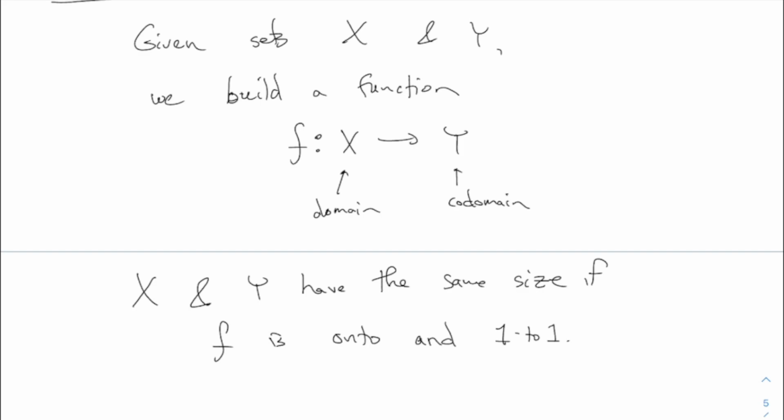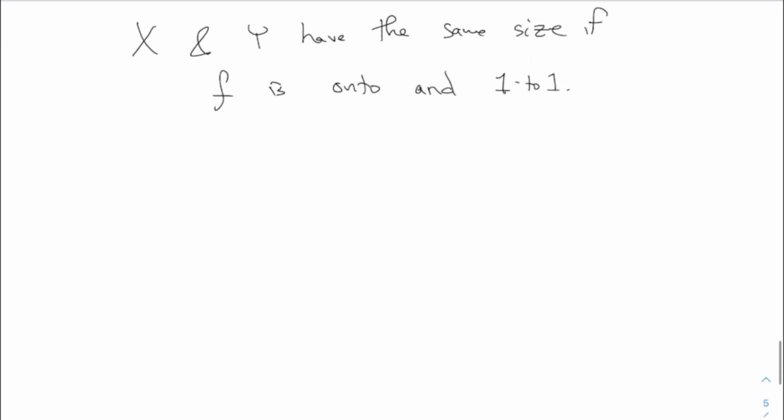All right. And this was Cantor's big idea, which no one had thought of before Cantor. Before Cantor, everybody sure would have agreed with you that this is true. But the big idea is that you can do this even if the sets you started with are infinite rather than finite. X and Y have the same size if f is onto and one-to-one. Some other words, I don't know if you've heard these: onto is also sometimes called surjective, and one-to-one is called injective.